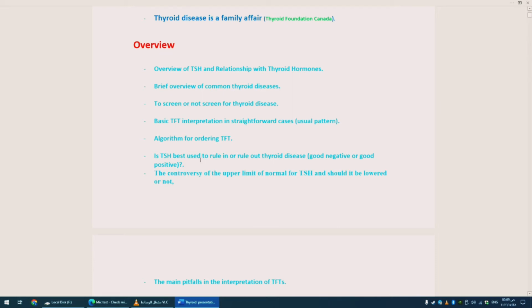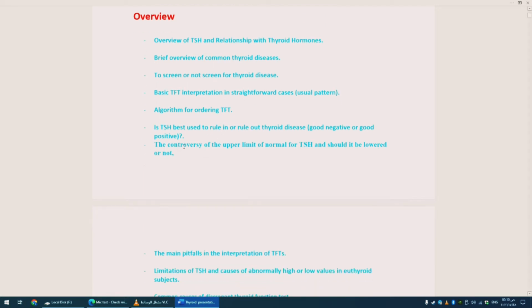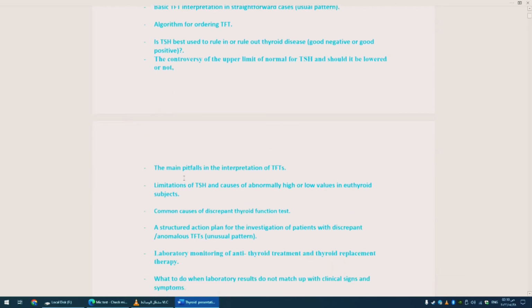Is TSH best used in clinical decision making to rule in or rule out thyroid disease with a high degree of confidence? That's to say, is TSH a good negative test or a good positive test? The controversy or debate of the upper limit of normal for TSH, and should it be lowered or not? The main pitfalls in the measurements and the interpretation of thyroid function tests,